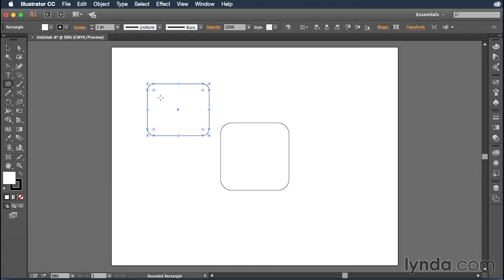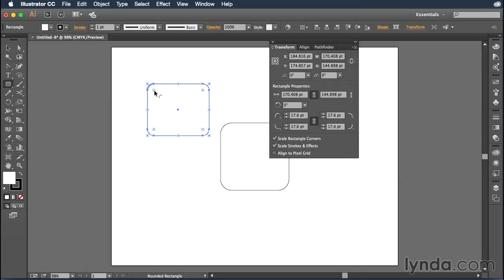If you have a specific amount of rounding that you'd like to apply, you can double-click one of these circles, and you will enter the Transform panel, and more specifically, the Rectangle Properties down here at the bottom. Inside of the rectangle properties, these are the corner controls. So you can actually specify how much you want each corner to be rounded. If you want to round them all at the same amount, you can make sure that this link is connected right here. If you want to round them independently, you can break the link and then change the amount of